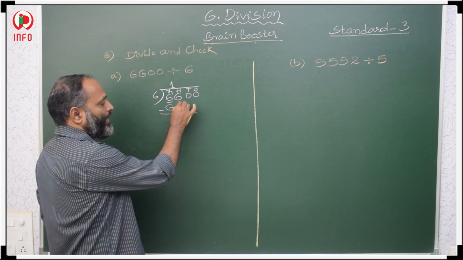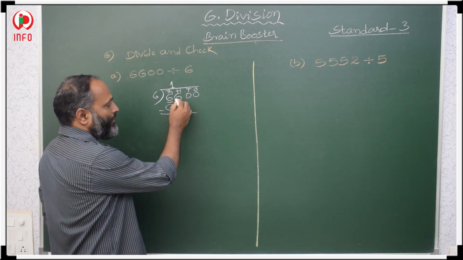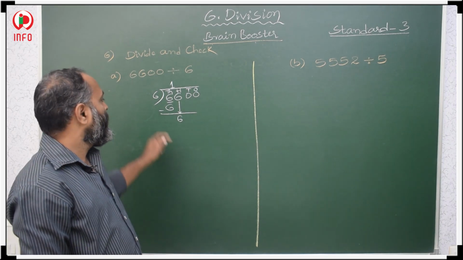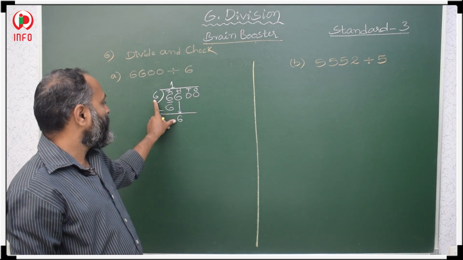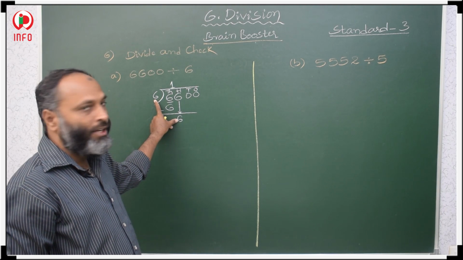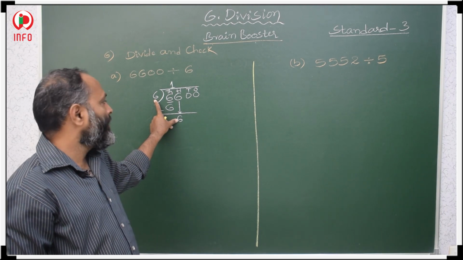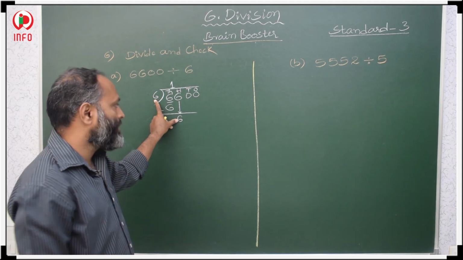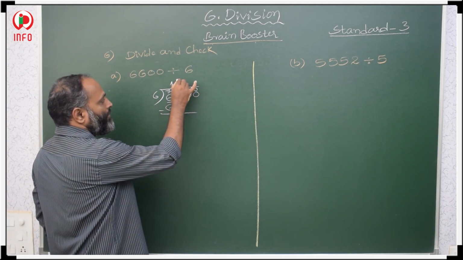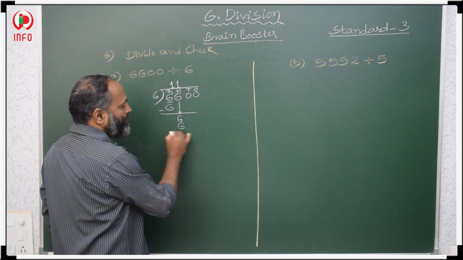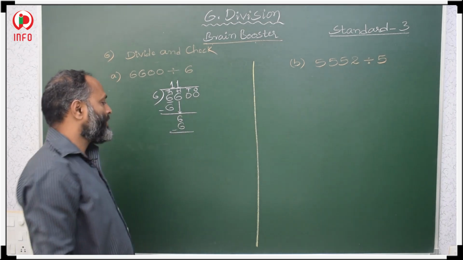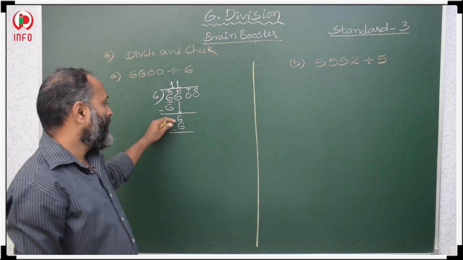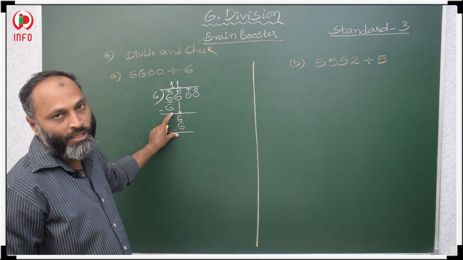So that is our hundreds place. What is there in hundreds? 6 is there, so we have to copy that again. Then next, we have to check in the 6 table when you will get 6. Again you read the 6 table. 6 1s are 6, 6 2s are 12. It means 6 1s are 6 again. Same number minus same number is 0. If the difference is 0, then no need to take that difference.